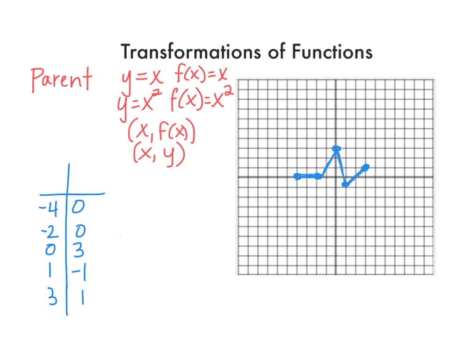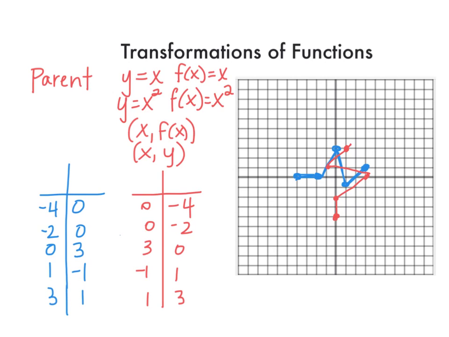If you remember, if I want to find the inverse using a table, I just flip those around. So (0, -4), (0, -2), (3, 0), (-1, 1), and (1, 3). And if I were to connect them in order,